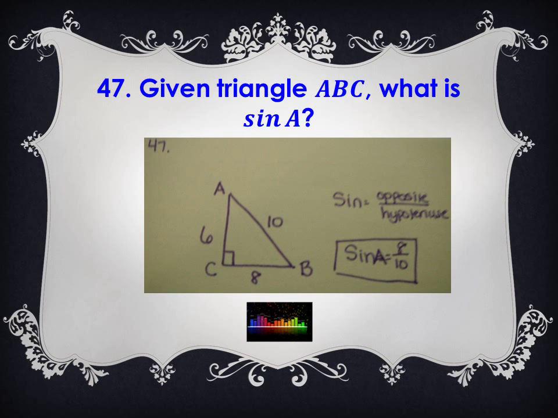For this problem, we are given all sides of our triangle. So to find sine of A, we find the opposite side of A, which would be 8, and our hypotenuse, which is